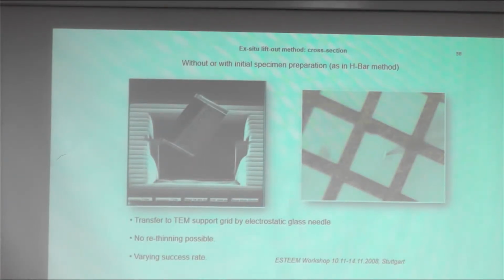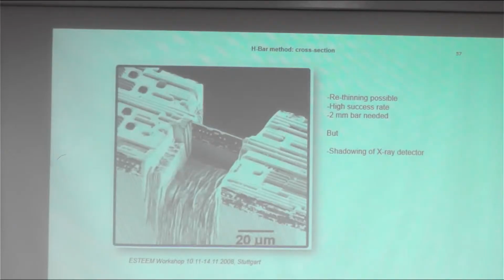Another method is the so-called ex situ lift-out method. So you can proceed like with the H-bar method, and then, because of the problem with the thick bars and shadowing, and that you can get very low or almost no X-ray signal, you want to transfer your FIB lamella to another TEM grid, and then you use an external manipulator, so outside of the FIB in this case, and then you